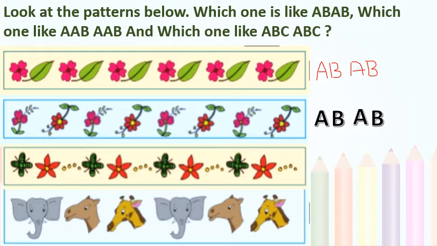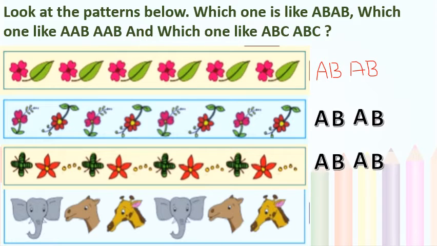Now we will move to the third one. See here, one green colored flower and one red colored flower. Correct? And some dots. Again green color, again red color, again dots. So this is A, B, A, B. You can see this, otherwise you can say ABC, ABC also. Correct? If you take the dots in count, then you can say ABC, otherwise AB, AB.